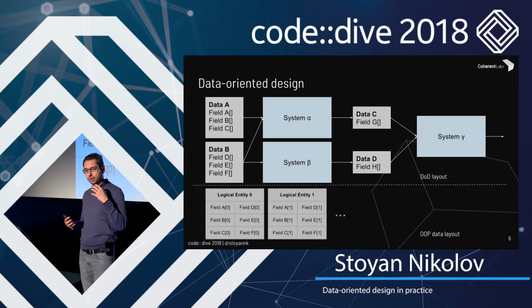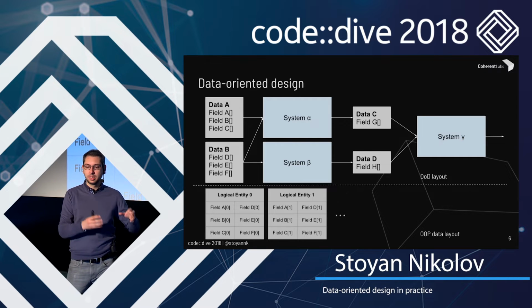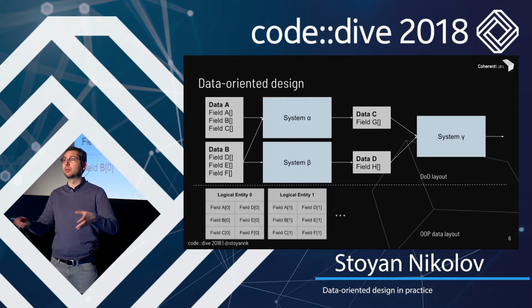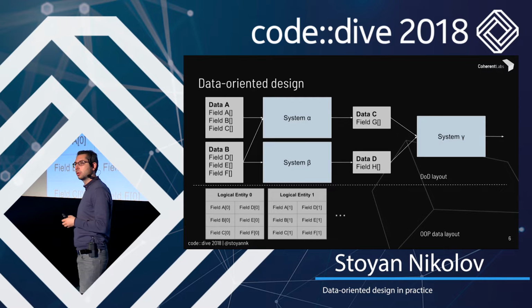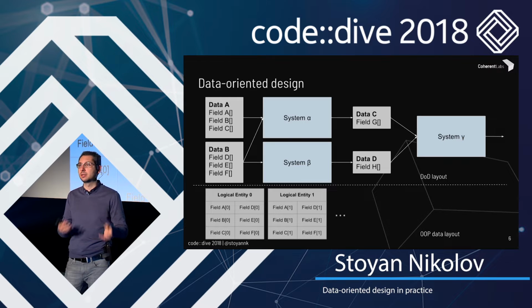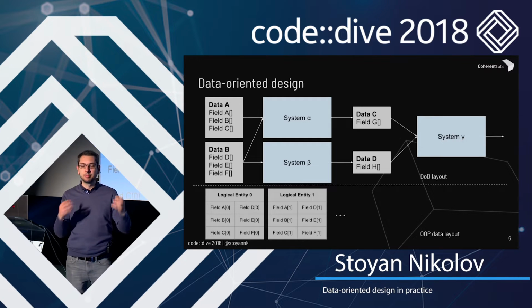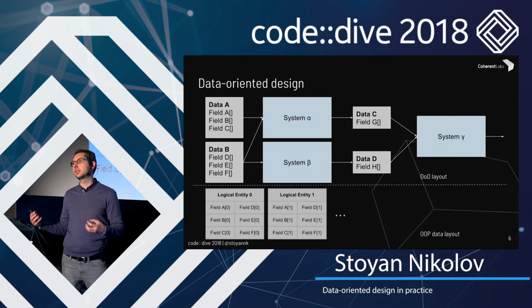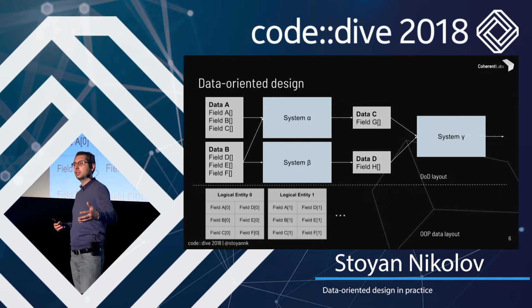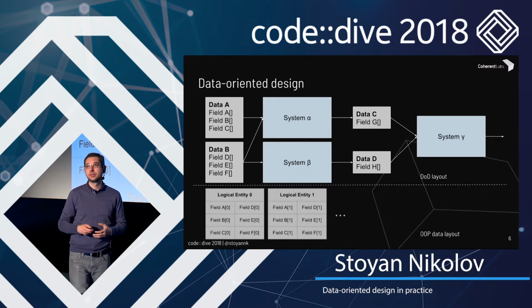And data-oriented design tries to forget about this real world that object-oriented programming tries to model, and it tries to embrace how the machine will actually execute your code and transform your data. So if we have system alpha and system beta, you can bunch together the data that they need in different structures and pass them where they are needed. And you can build this sort of pipeline in your code where the results from one computation generate new data that is passed along to the other computations down the line until the result that you want to get.